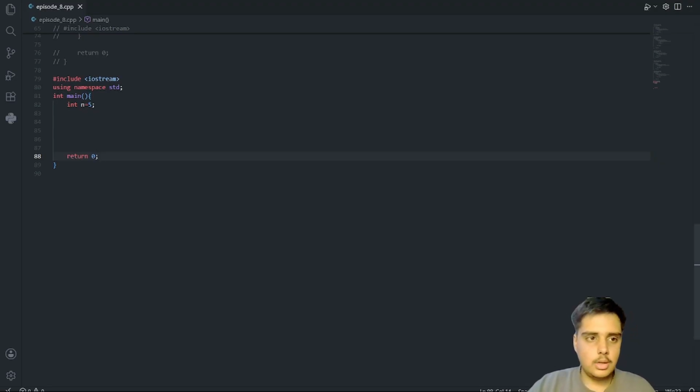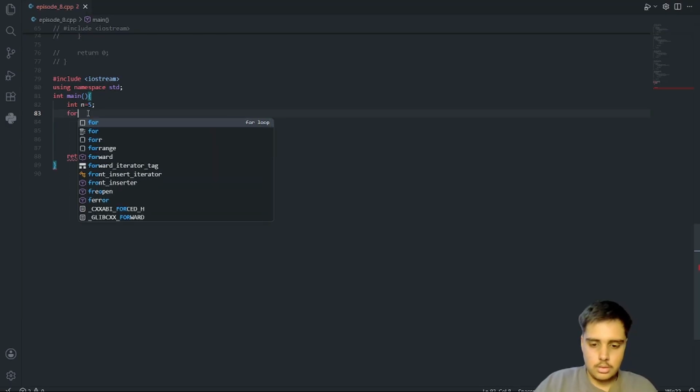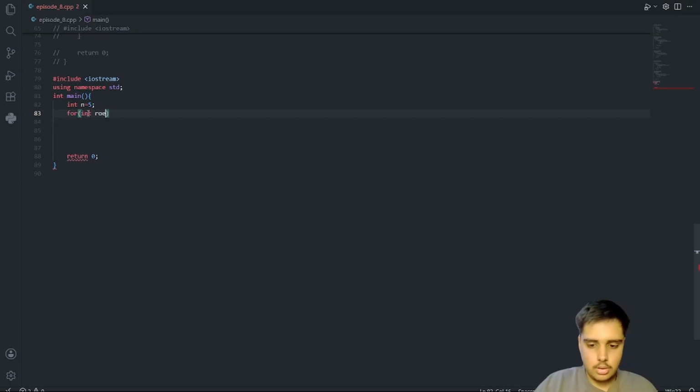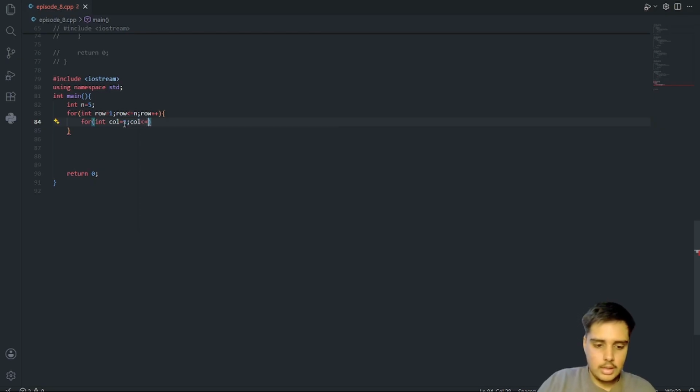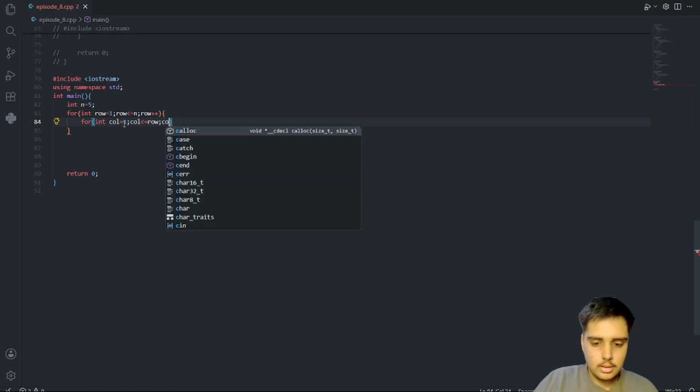Till here I hope you understand. Simply now, for int row equal to 1, row less than equal to n, row plus plus. Second, for int col equal to 1, col less than equal to row, and next col plus plus.